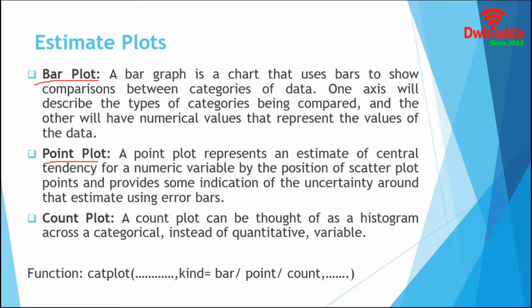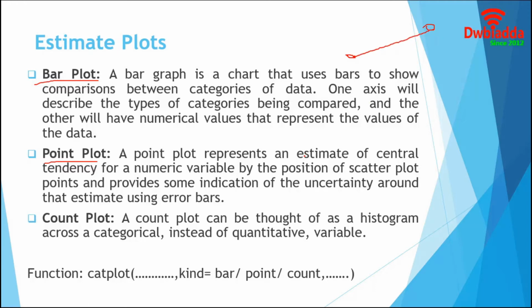The next one is point plot. Point plots are similar to bar plots, but they can be more useful than bar plots for focusing comparisons between different levels of one or more categorical variables. They are particularly good at showing interactions, how the relationship between levels of one categorical variable changes across levels of a second categorical variable. The lines that join each point from the same hue levels allow interactions to be judged by difference in slope. Suppose these two plots are from the same hue level. We can understand the interactions by the difference of the slope.